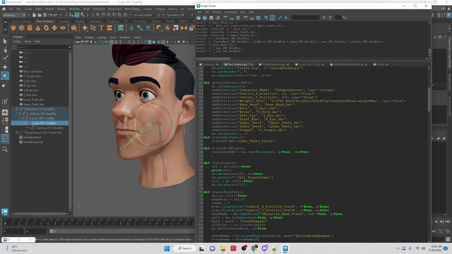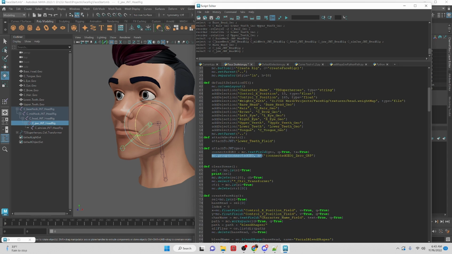So what we can do is say mc.group connected geo, and we are going to name it connect. We'll do it with an F string. Connected geo underscore grp, and we'll call this 0 grp, and then we can close quotes, and then we are going to